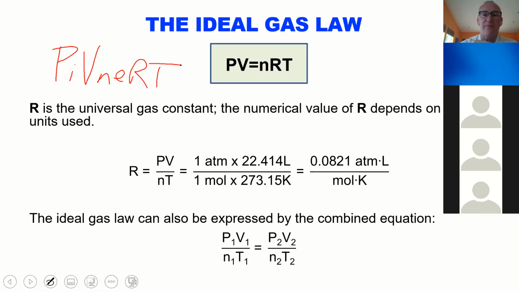Basically, whatever the pressure is times the volume, that is related to the number of moles, which is N, and the temperature. And it's all held together by a constant. So the constant relates to the number of atmospheres, the number of moles, the temperature, and the volume. So it has,